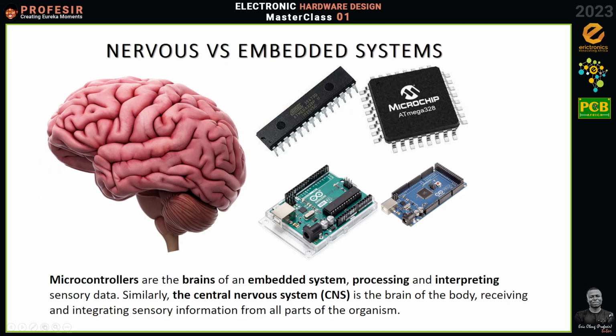Then finally, one thing that we can never leave out is the brain, where everything is processed. In our embedded systems, the brains that we'll be using are what we call microcontrollers. For this particular training, we'll be using the Atmega 328 microcontroller together with the ESP32 microcontroller. The whole idea of using these two together, although I could just use one of them, is for the purpose of the teacher. So the microcontrollers are going to be the brains of our embedded systems where we will make all the decisions. Very interesting stuff.